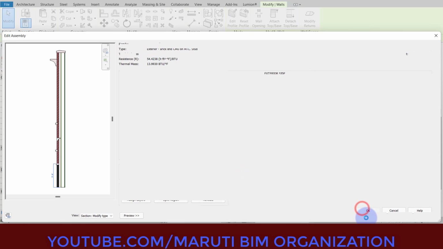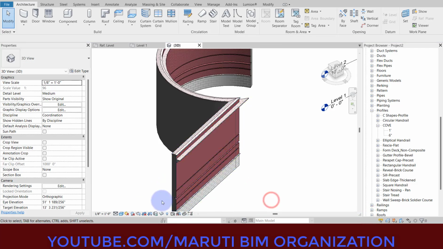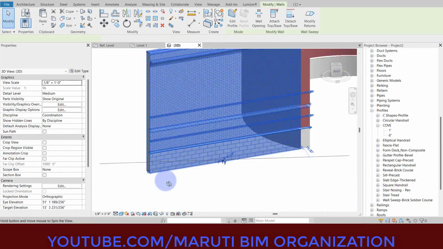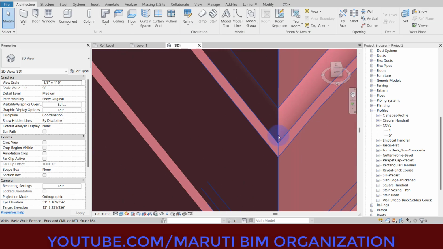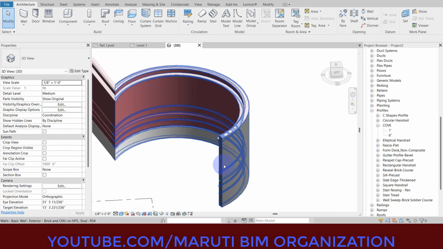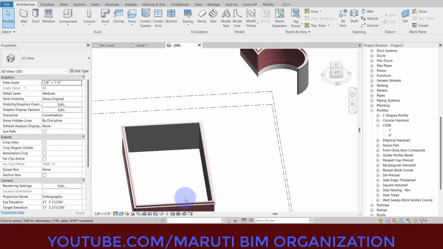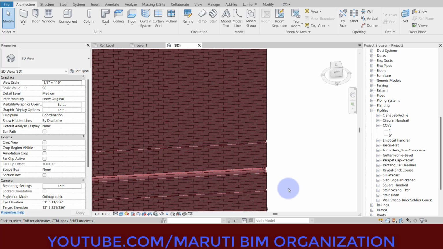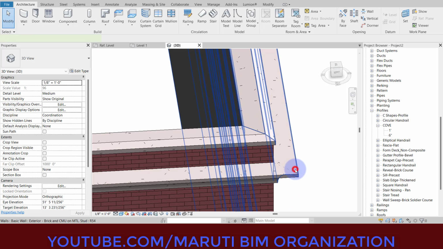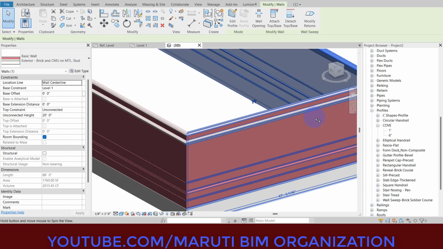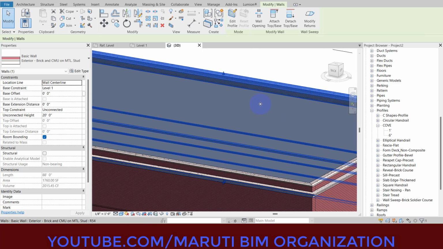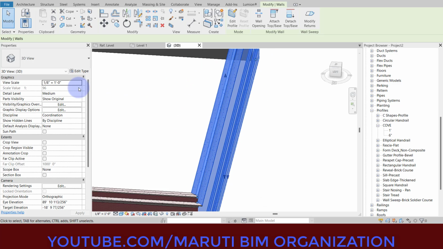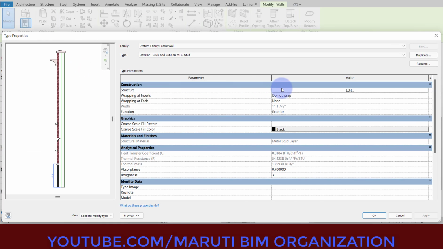OK, OK. Again click OK. As you can see, this is the reveal that we have created, and the same thing is also applicable here as well. Now let us say somebody asks that I want to use this same profile on the inner side at a particular distance from the top. The same thing you can repeat: select edit type, structure edit,